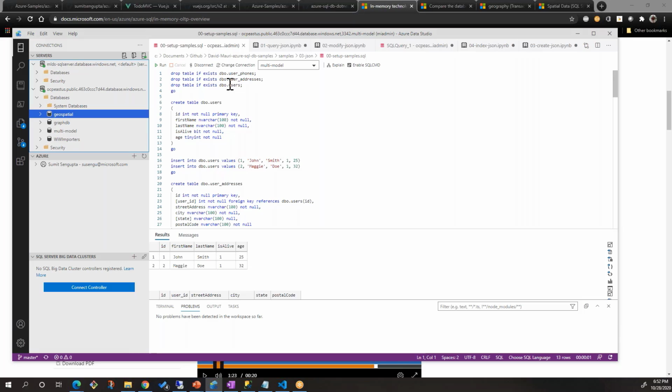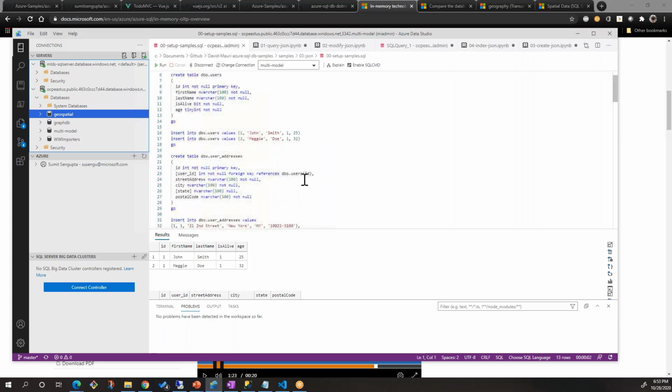Okay, so what we're doing here is as you can see, we can drop 3 different tables, and we're creating these tables. So let's run this, and we have a table, user phones, user addresses, and users. So the users table, we're going to take those 2 JSON data that we saw, 2 people, and put it into these tables. And as you can see, the tables themselves are nothing abnormal, they're just regular tables. So create table users with these fields. And in this user table, what we did is put two people's names, John Smith and Maggie Doe.